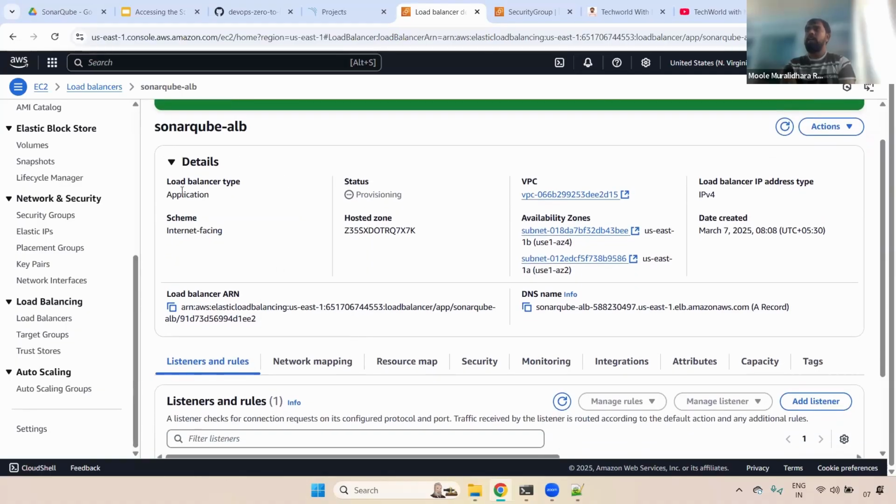First, you can see it here, right? Type is application load balancer. Here we selected internet facing, so we don't require any client VPN or Cisco to access this particular SonarQube. But again, I'm repeating, please don't say in an interview that we created internet facing for SonarQube or Nexus. Okay, they can easily identify